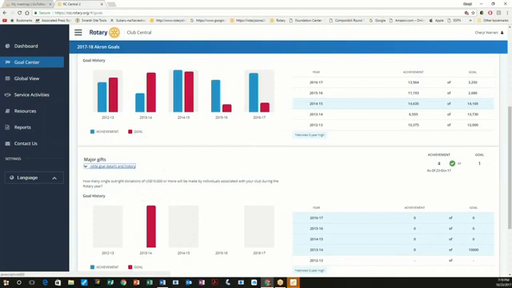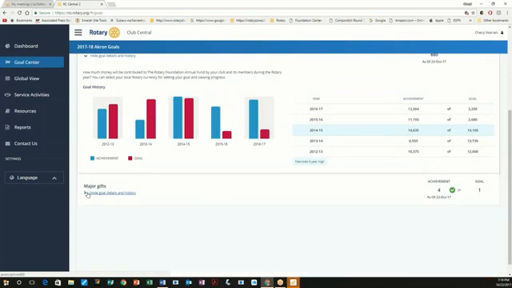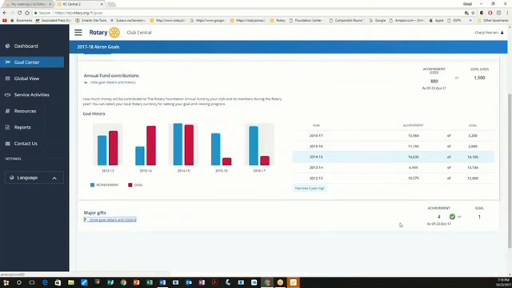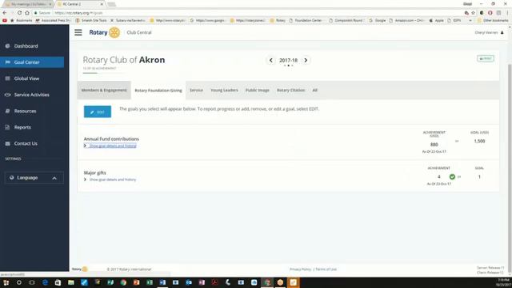Major gifts. This is any outright donation of $10,000 or more. And again, if you think you're going to have donations, you can put that here. Now, sometimes you don't know. In fact, our club did not know we were going to have this. We had somebody who was deceased and they came forward with a major gift unexpectedly. So that's why our achievement is what it is. We have not had that in recent years. And you may not know. So your goal could be 0.